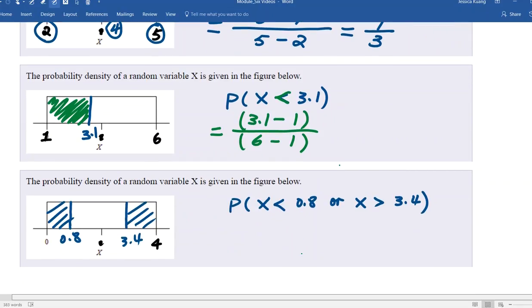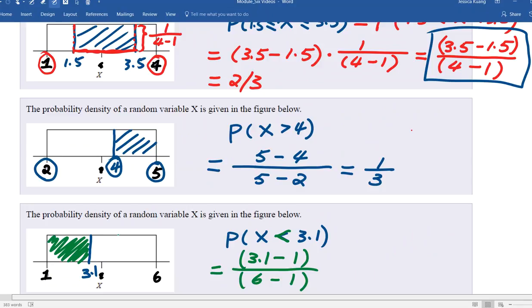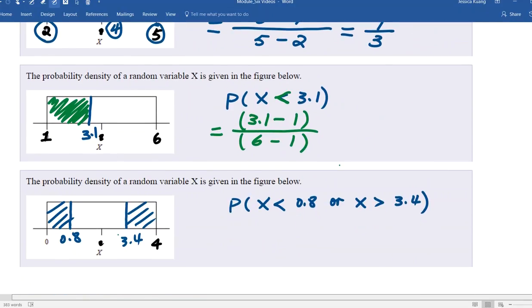Now, the next example, we are dealing with the probability of x less than 0.8 or, so one or the other, x greater than 3.4. So we're looking at a split region. Now, we could calculate the area of those two shaded rectangles separately. And that would be an acceptable answer. Or alternatively,